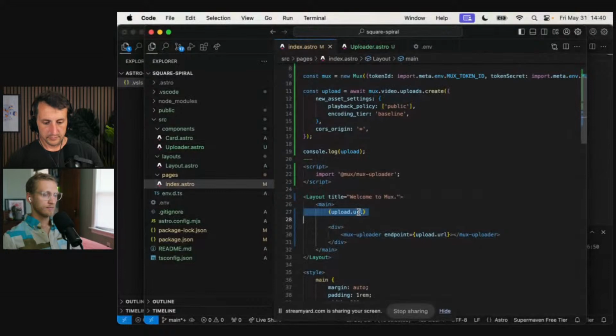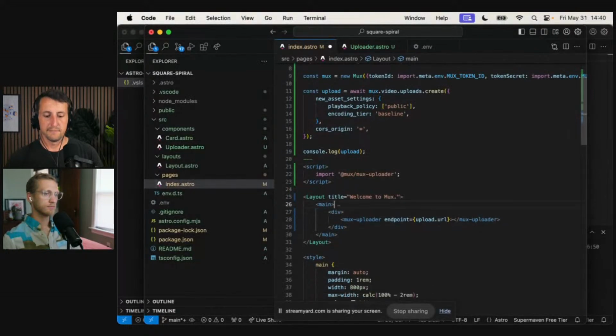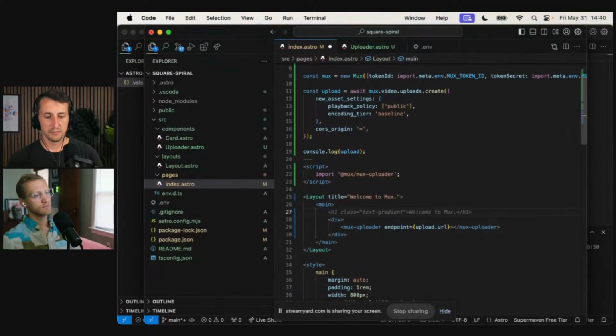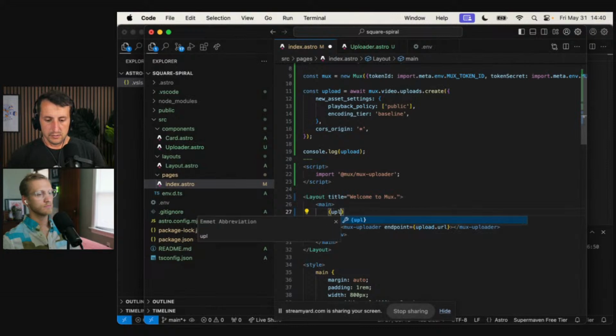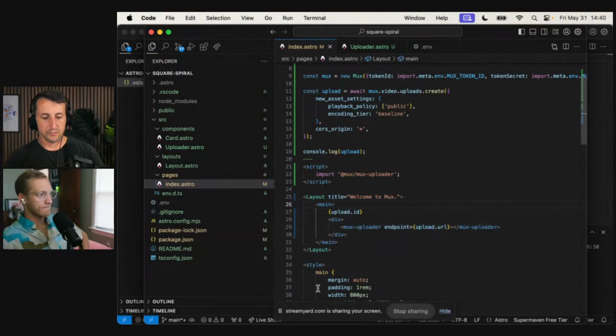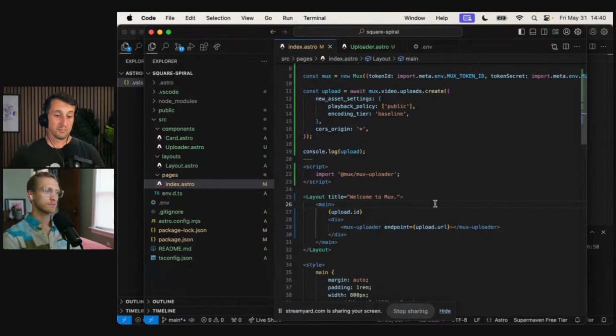And we can get rid of this URL here, but we also do have this ID that we need to do something with as well. And that's upload ID. Okay, so now that we have this endpoint installed on the Mux Uploader, we're basically ready to upload this video, but we also need some additional information that's going to allow us, once this video is uploaded, to exchange it and make sure that we have the information we need to be able to play this video back right away.